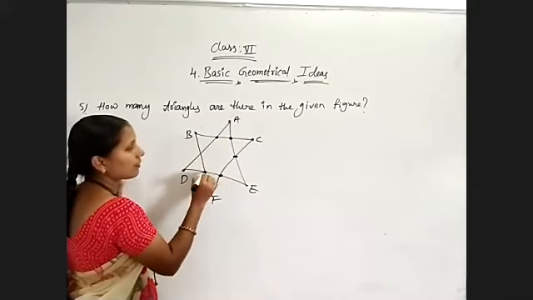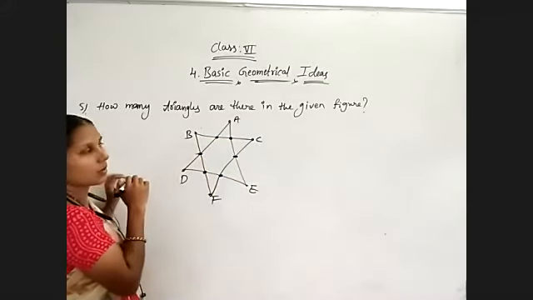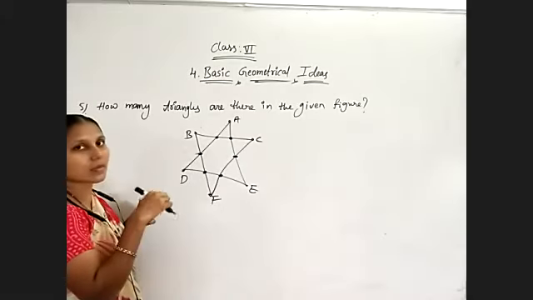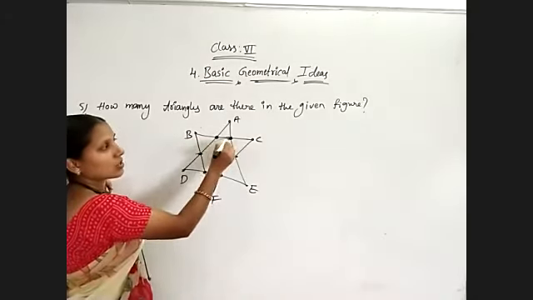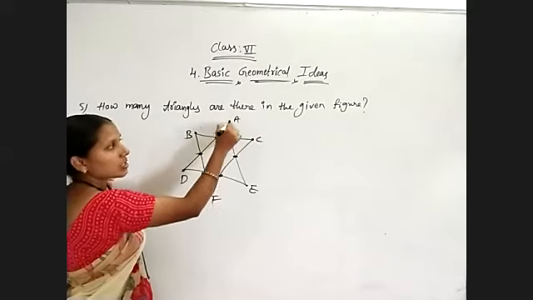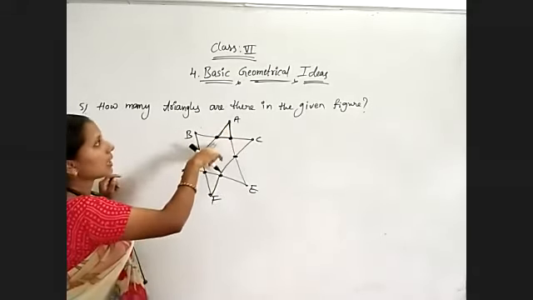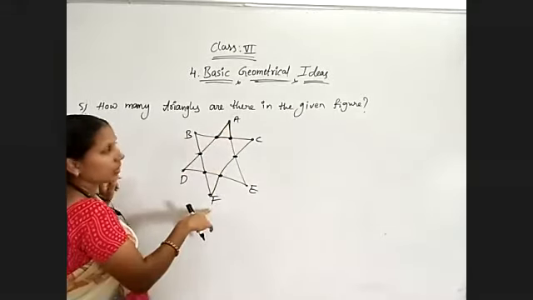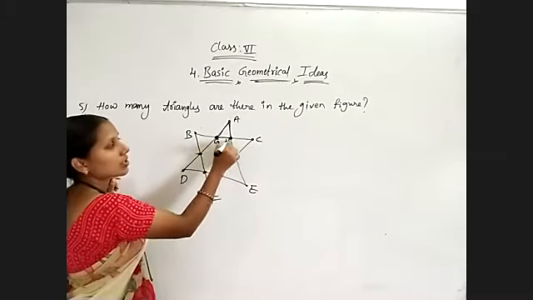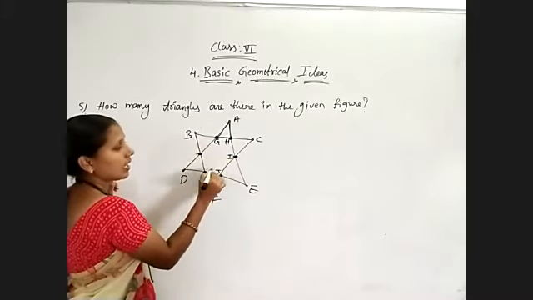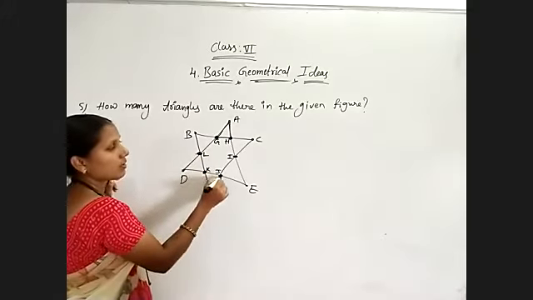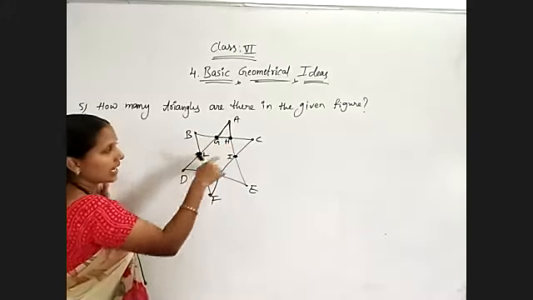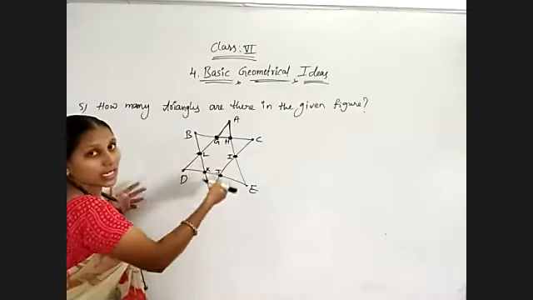Now we need to identify how many triangles are there. Yes or no? A triangle is nothing but a shape made up of 3 line segments. Just observe it. Here these 2 also have the points, which means this is also a triangle. So here I am naming these as G, H, I, J, K, L. These are the points which are formed in the given figure. Actually, these points they did not give, we are indicating them.